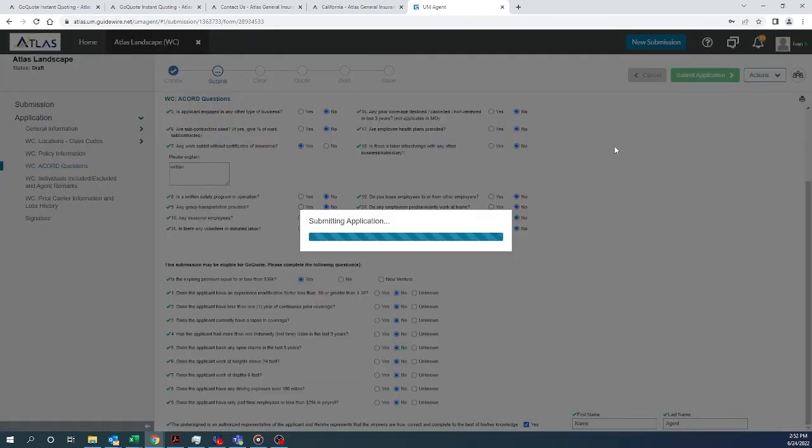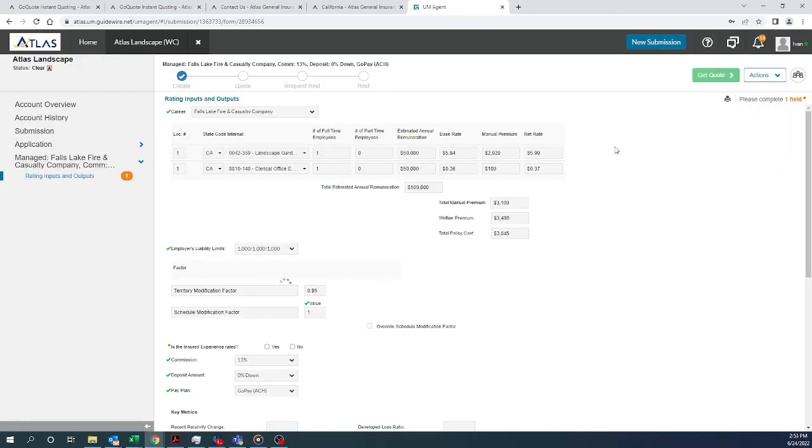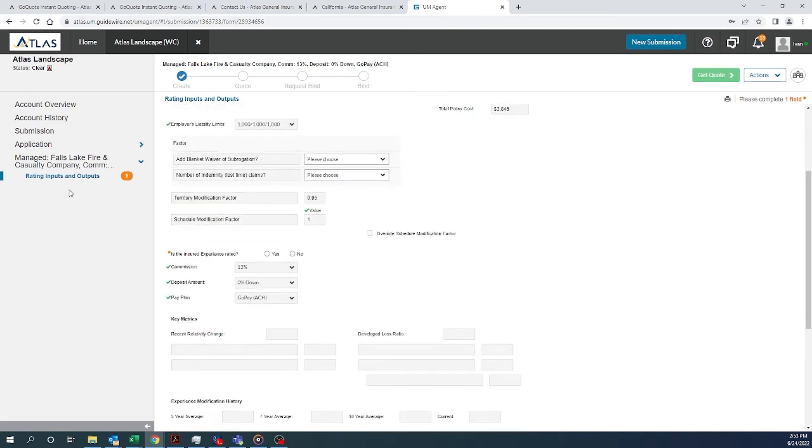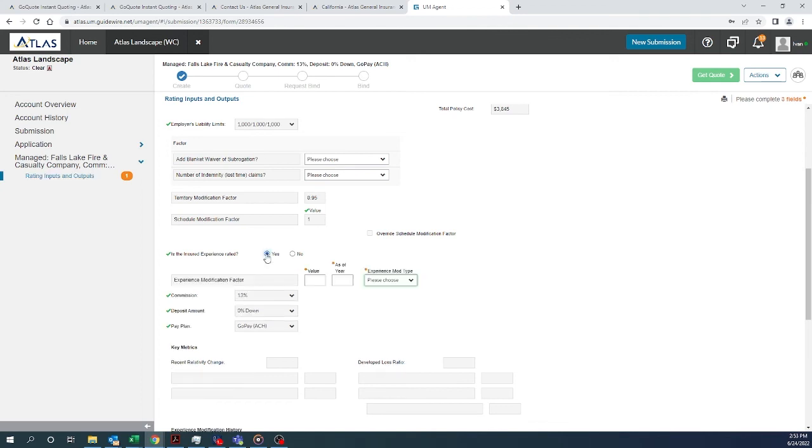If the account is GoQuote eligible, you'll receive a notification letting you know that it is GoQuote eligible. You will have to answer just a couple more additional questions. Okay, and it looks like the account is GoQuote eligible. We will have to answer a few more questions in the ratings and inputs page. If the insured is rated, we can just go ahead and click yes,